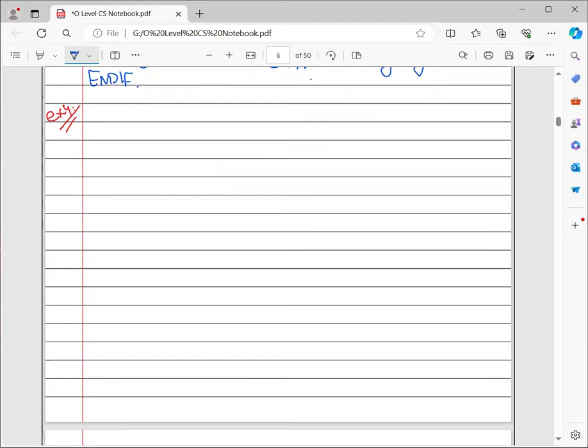So let's work on another example. The first thing that I am doing right here is that I am outputting a value. And why am I doing that? So that my user would know what he wishes to do. And the first thing that I have entered here is output, please